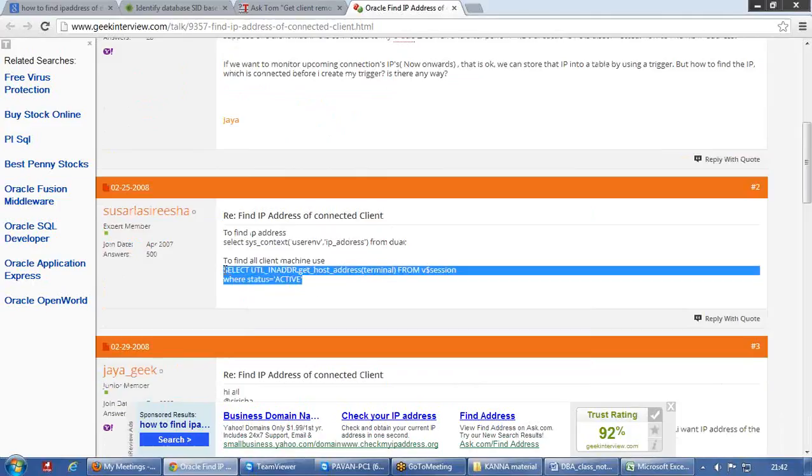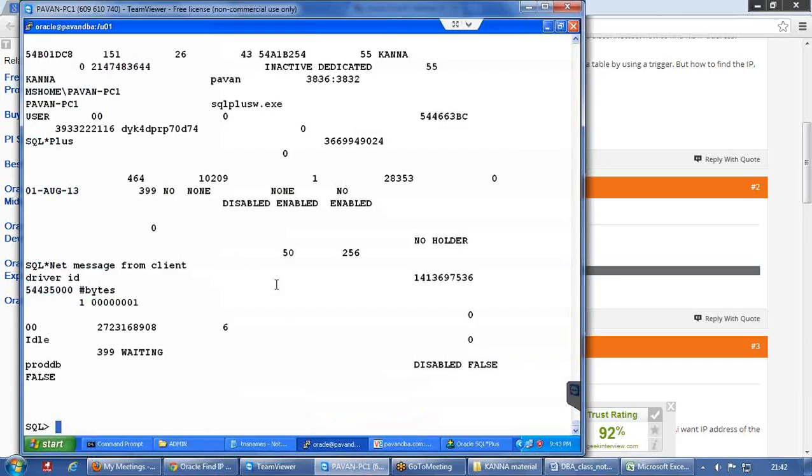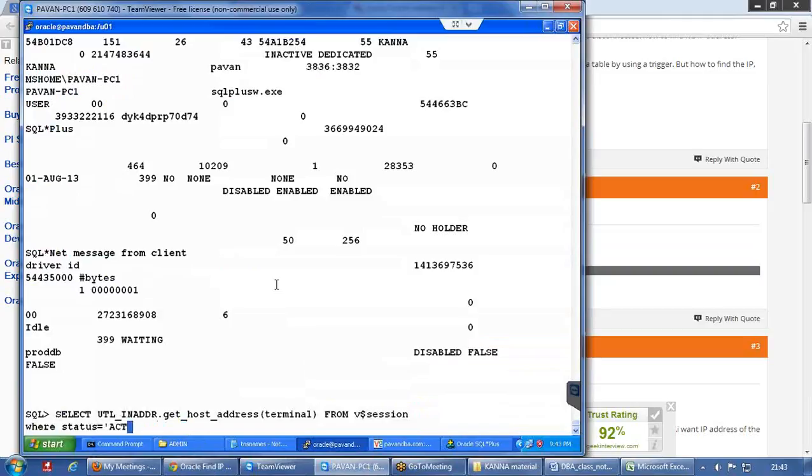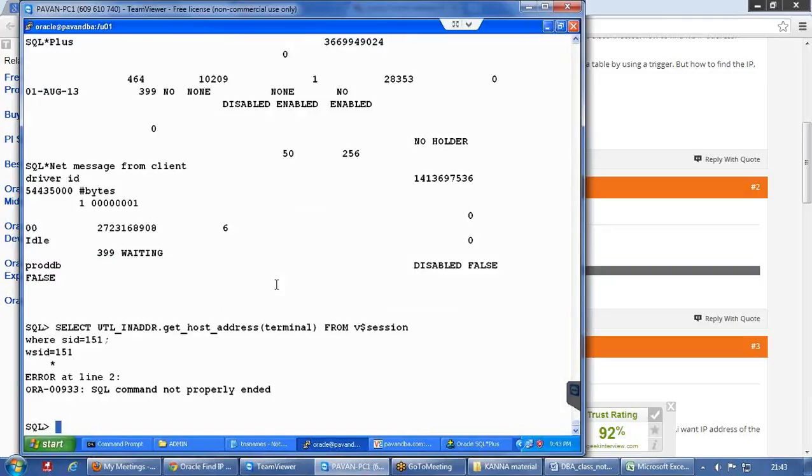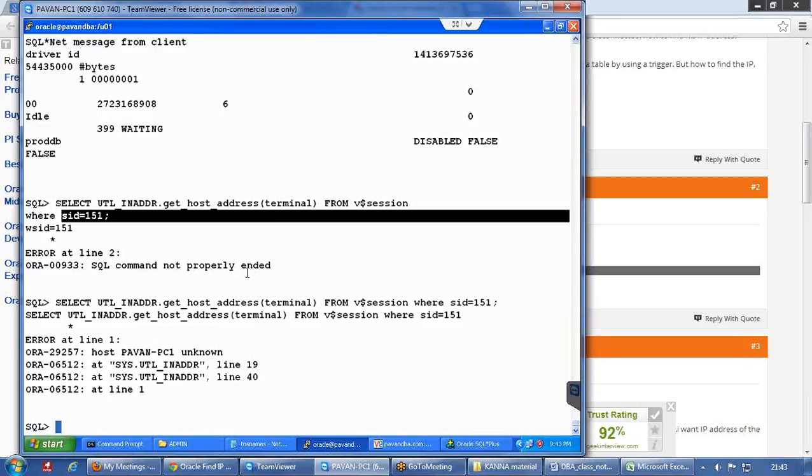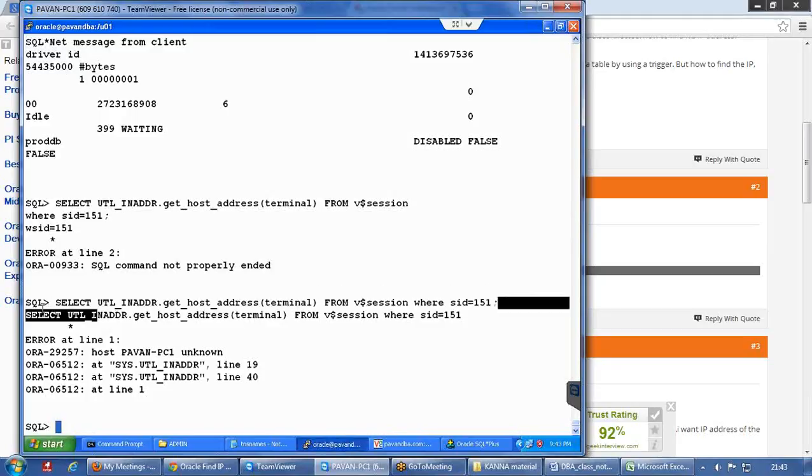Okay, so probably this one. Let us try with that. Maybe this package needs to be installed, but usually we would be getting it. Might be that some content was missing. So you can use these select queries and you can find it.